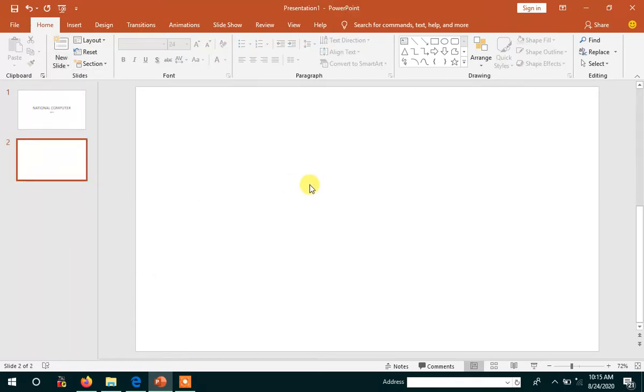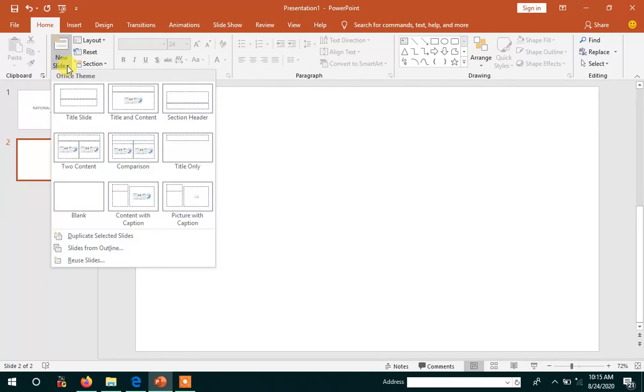Then you have to write something or paste something from another source. Then again we are going to click new slide. Then we have to select two content layout or comparison layout or title layout.